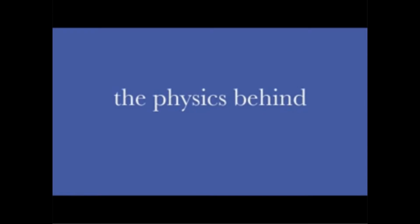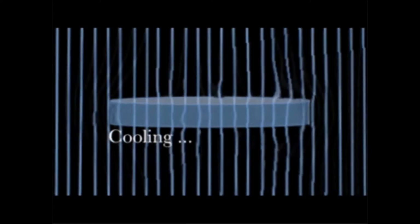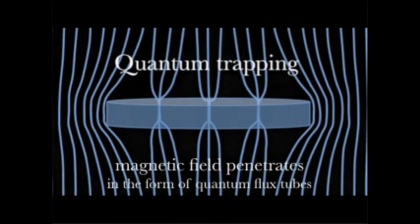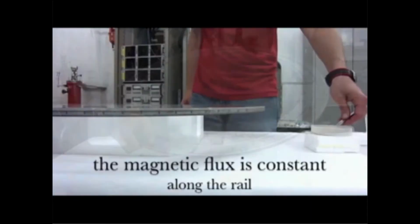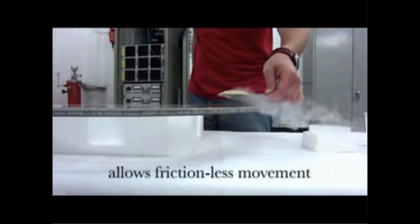It's important to see the physics behind this. So here's an actual illustration. The silicon disc above the magnetic field. The magnetic field penetrates when it's warm, but as it cools, the magnetic field can no longer penetrate the disc, and therefore it creates this electromagnetic enclosure around the silicon disc, pinning it at a constant distance from the